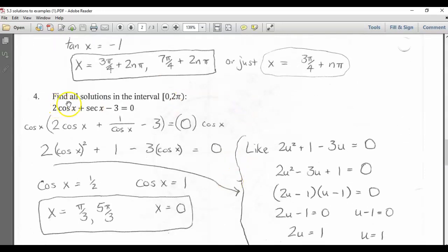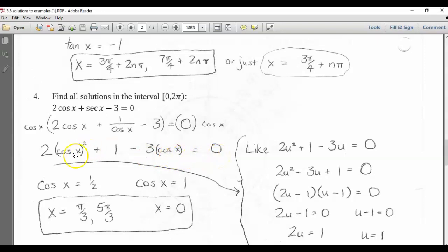Example number 4, notice this one is asking just for solutions in the interval between 0 and 2 pi. And this involves both the cosine of x and the secant of x, which is 1 over the cosine of x. When I write it that way, we have an equation that involves fractions. I start by clearing the fractions by multiplying both sides by the denominator of this fraction. And that gives me 2 times the cosine of x squared plus 1 minus 3 times the cosine of x